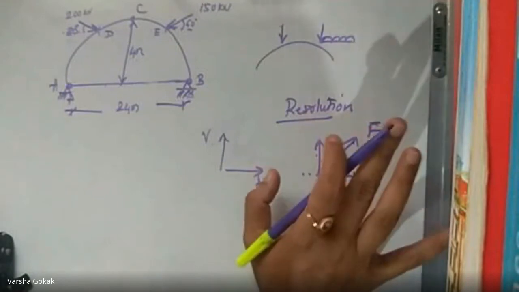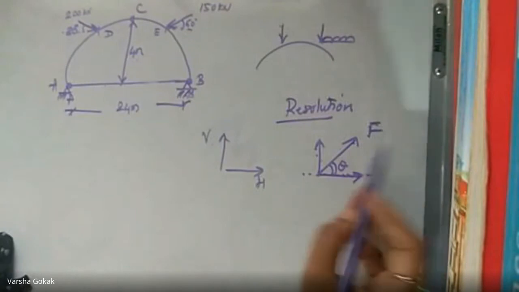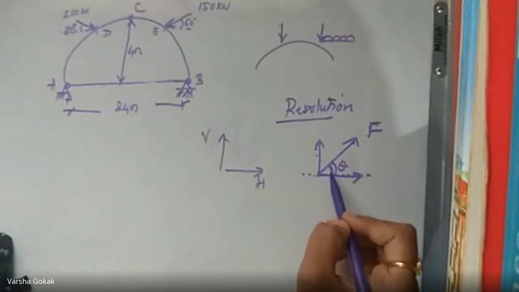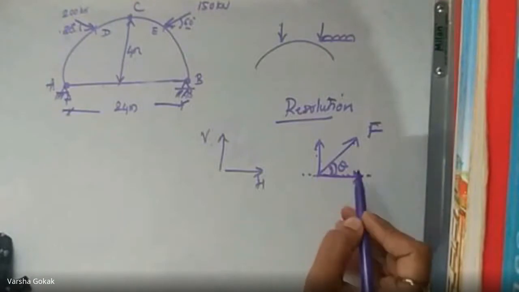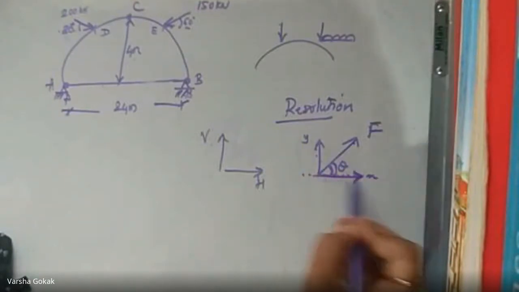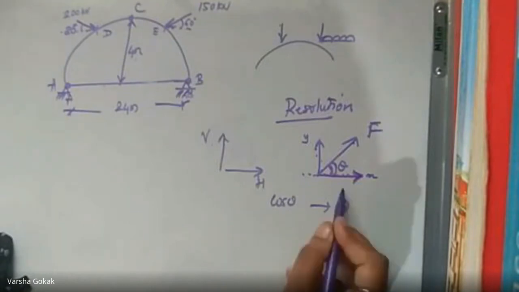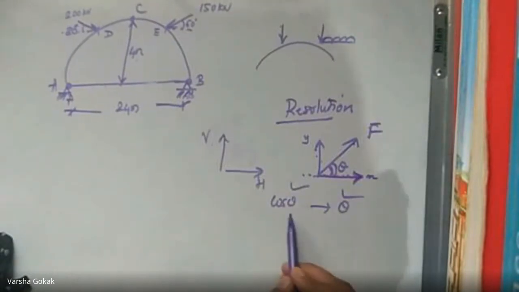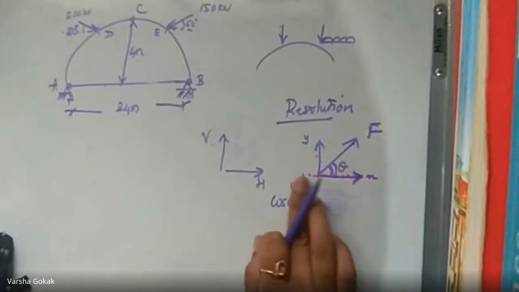But for now, if you remember it well and good, if you don't remember, just remember the trick. When I have this inclined force with an angle theta, with whatever axis the theta is. For example, this is your x-axis, this is your y-axis. Wherever your theta is, there cos goes. So cos and theta are best friends. The cos is always going to go with theta. Wherever the theta is, there it goes.